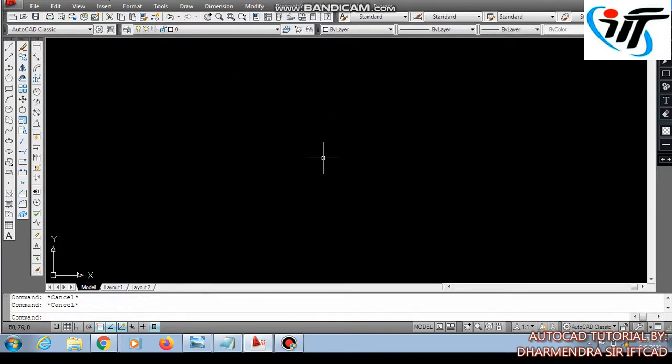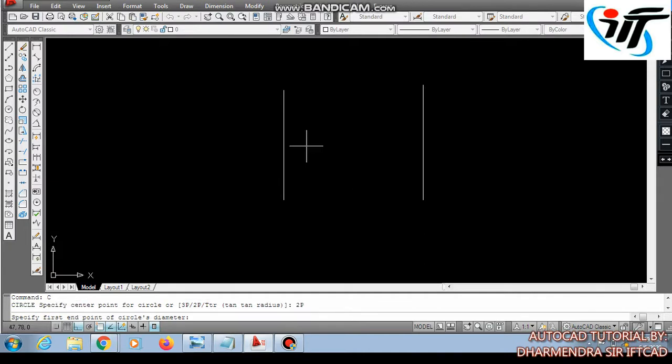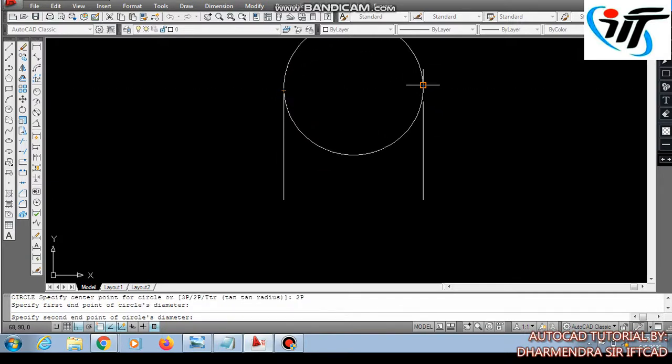Now I am going to draw using the 2P method. For the 2P method we need to have 2 points drawn on the screen. Take 2 perpendicular lines, press C, Enter, choose 2P from the command line, 2P, Enter, pick the first point and pick the second point.